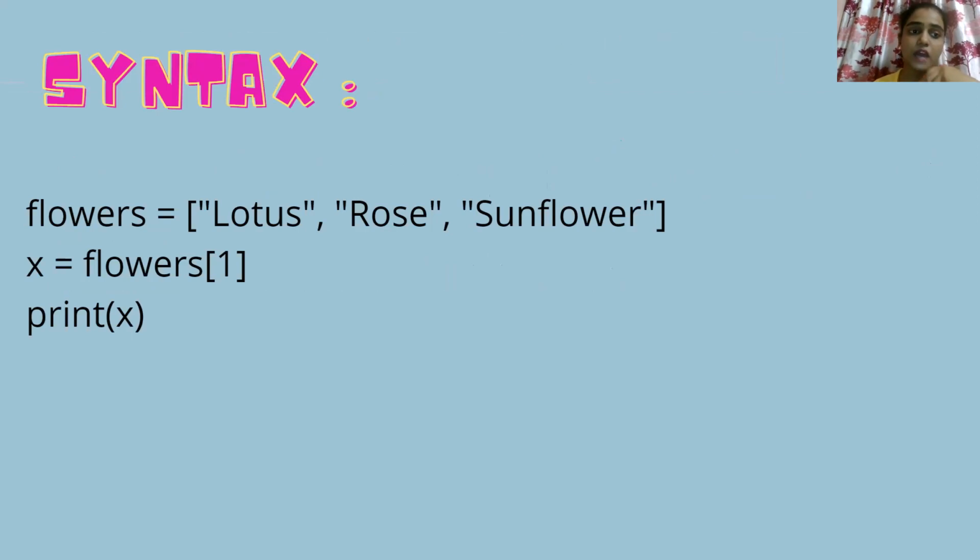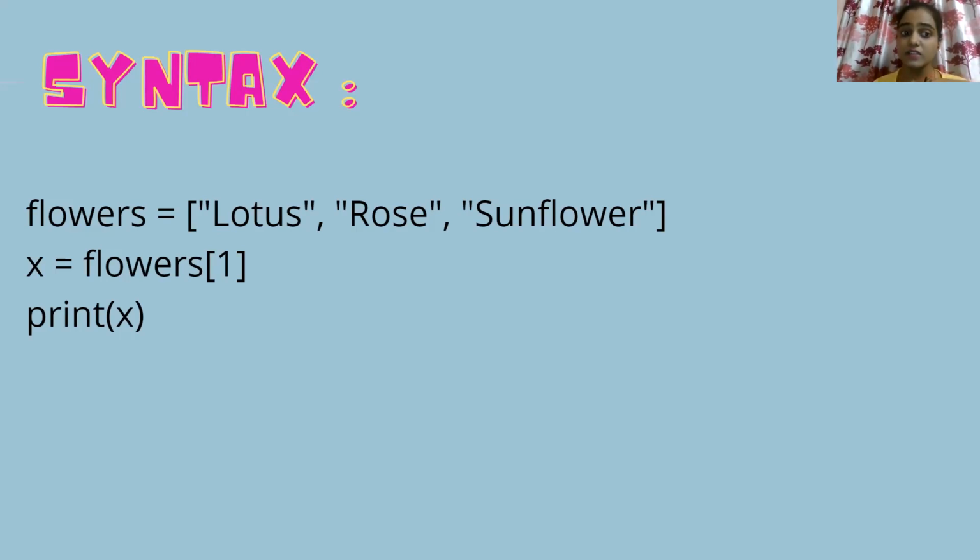And in the second line, x is equal to flowers, and in square brackets we have given the number 1. Actually that is not an integer number, that is an index number. And in the last line we have told it to print x.